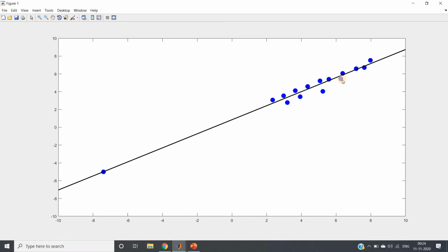Now you have noticed that this particular point has affected very little, or almost nothing, in our model slope or intercept. So this is one kind of outlier in a regression model which never affects our actual machine learning model, so it will not hamper it.